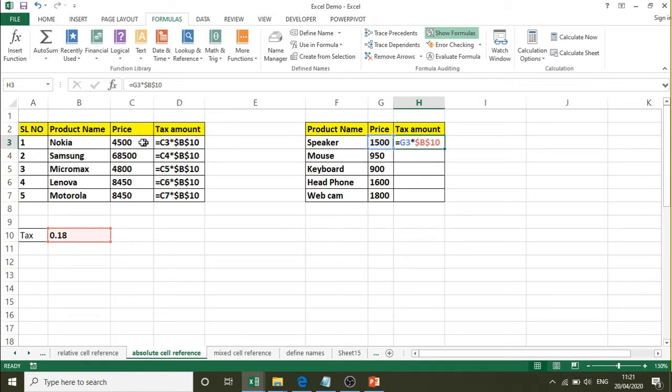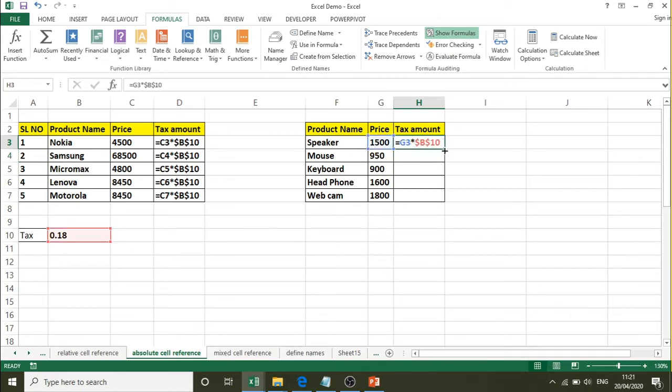It was referring to C3 here, it is referring to G3 in this. Similarly, I have used the dollar symbol, that is absolute reference. So here it was referring to B10, and here also it is referring to B10. That means because it is absolute, it will not change. So that is how the absolute reference will work.